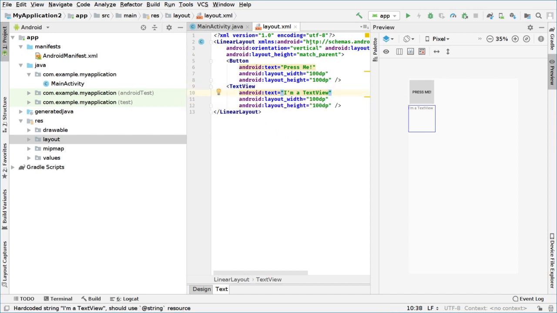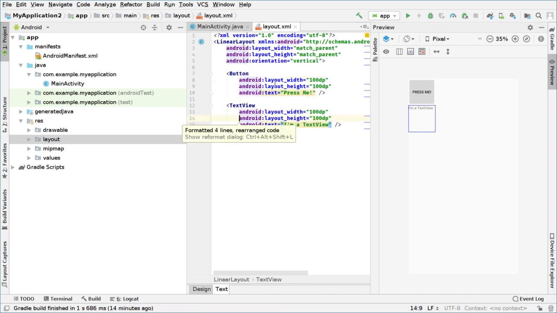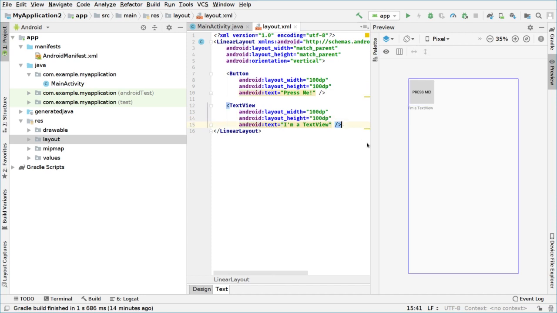If we want to make this more spaced and more formatted code, we will press Ctrl Alt and L. You see? Ctrl Alt and L, and you have these spaces between objects and so on. Okay, so now we have these, but now you can see that the text view is kind of a gray color,